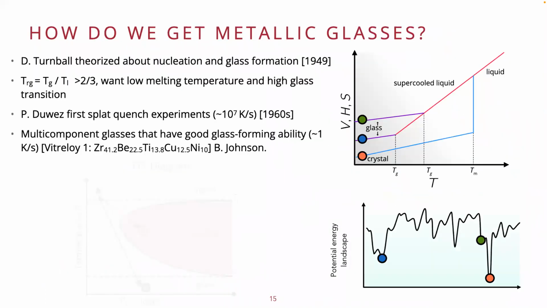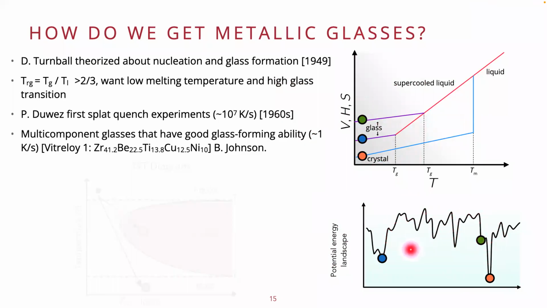David Turnbull, back in 1949, when he was at General Electric, before moving to Harvard, theorized that if you could cool something fast enough, you'll always get a glass. Meaning, you can think about volume and temperature on this graph here: as you're in the liquid state, if you cool sufficiently fast, you can bypass crystallization and get trapped into this amorphous phase. You can even think about it on your potential energy landscape, where we know based on thermodynamics our crystalline phase is the lowest energy, but you're bypassing this and getting trapped in one